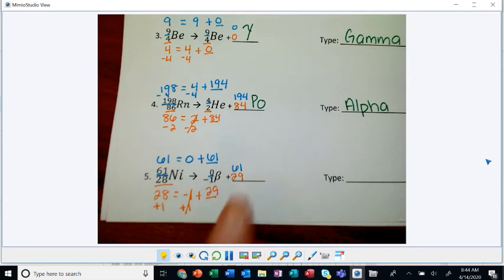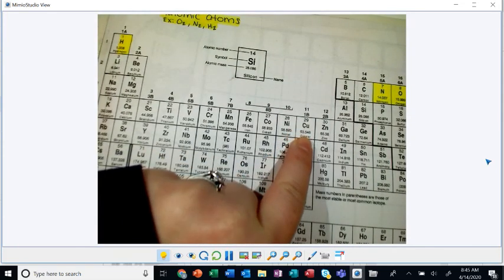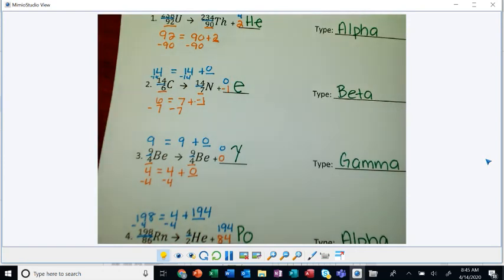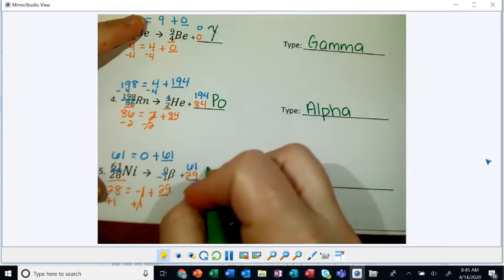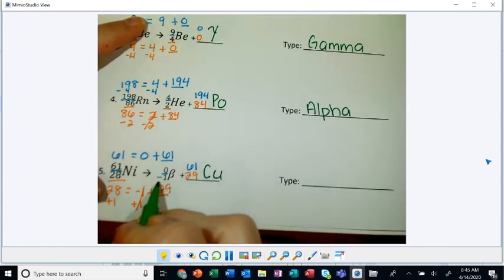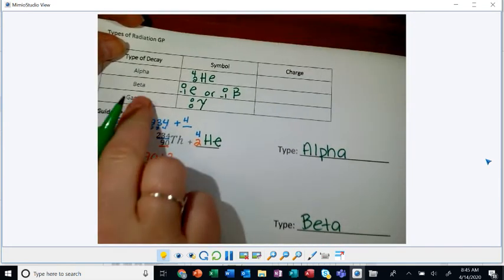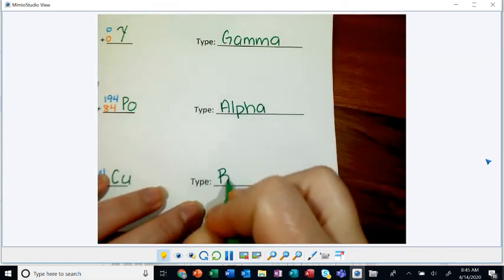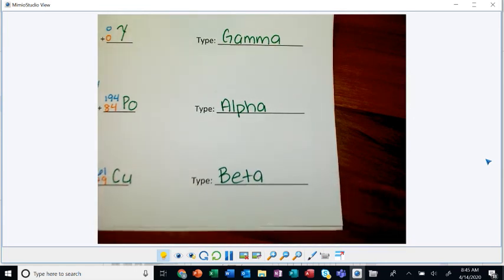Again, the bottom number determines the element that we're looking for. So I'm looking for an atomic number of 29. Cu is my element. So Cu. And again, we notice right here we have this symbol, and that is indicative of a beta decay. So, and that's it. That is how you balance nuclear equations. So now take this and do your